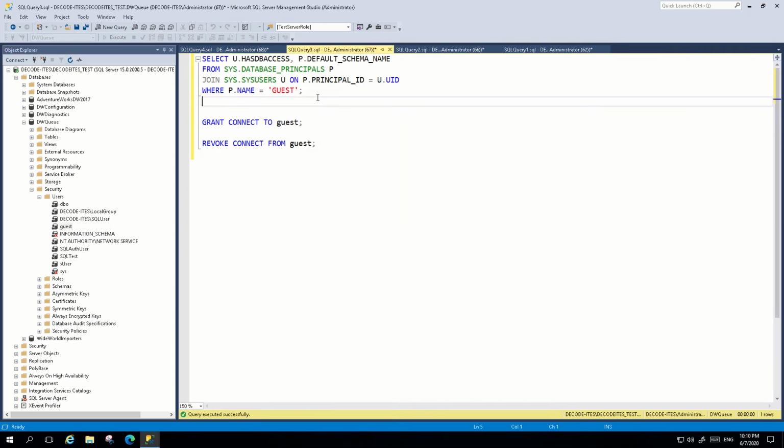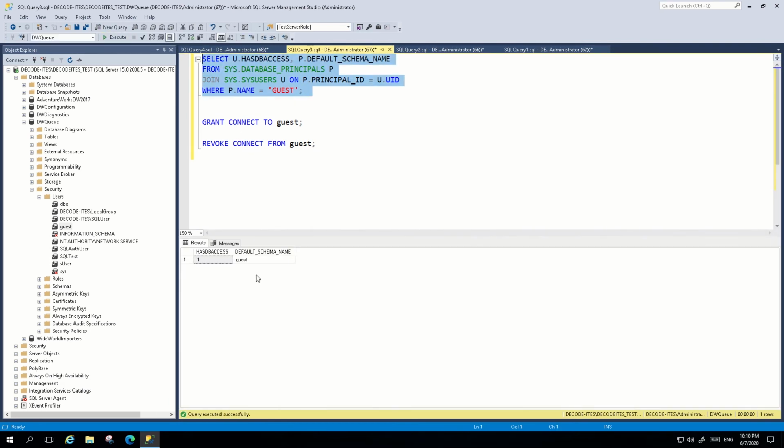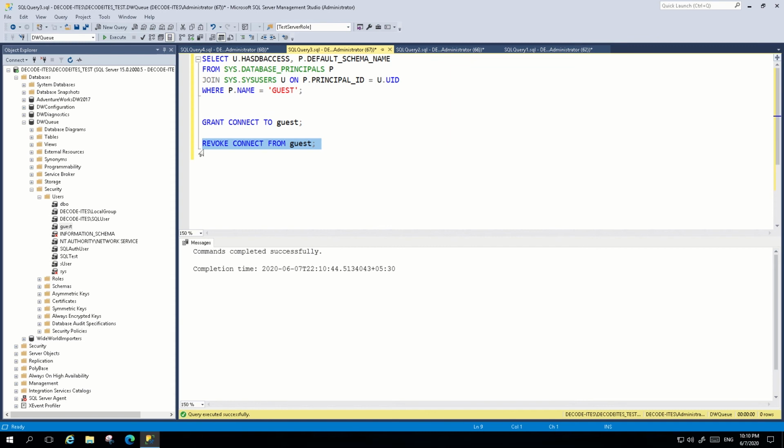Let's review the same from the script that we mentioned here. Yes, this script is also saying that guest is enabled for this database. What we will do now? We will revoke the connect permission to disable the guest user. This query is completed. Let's run the script.